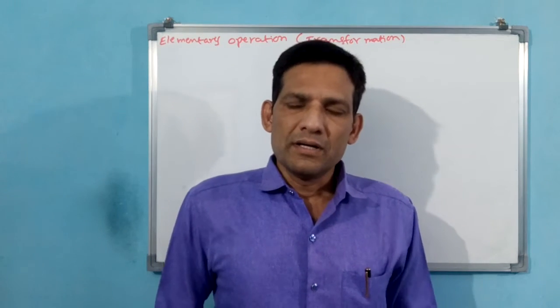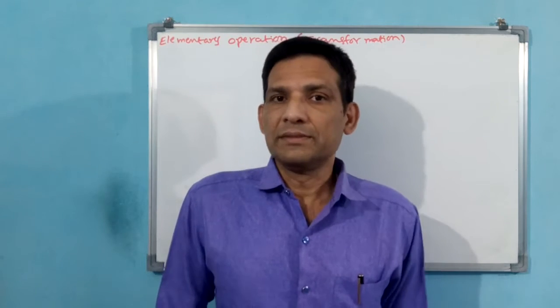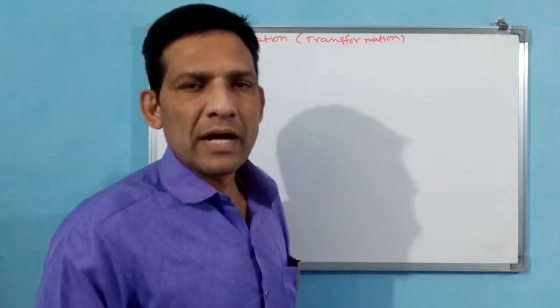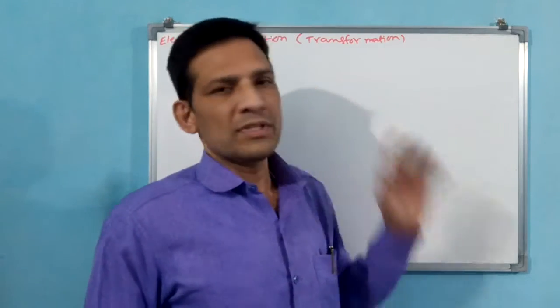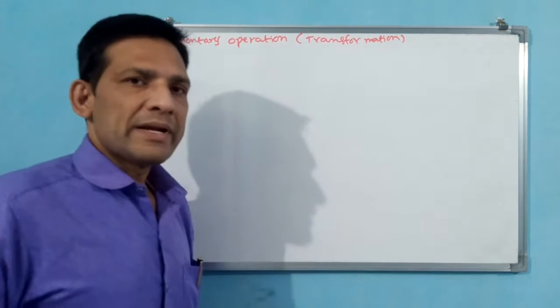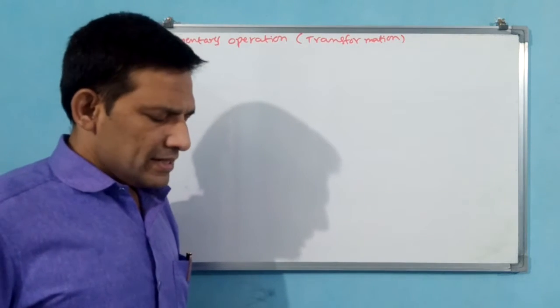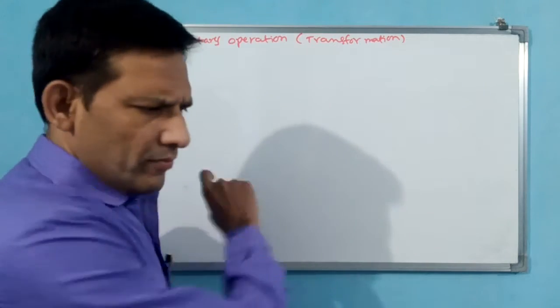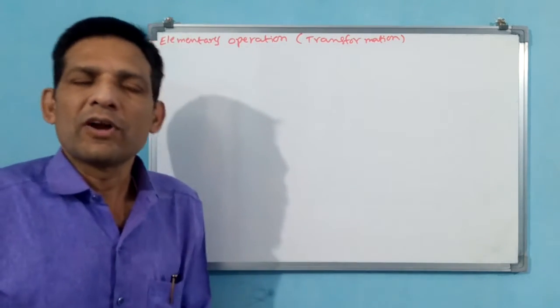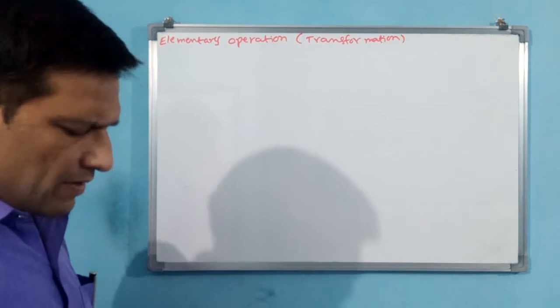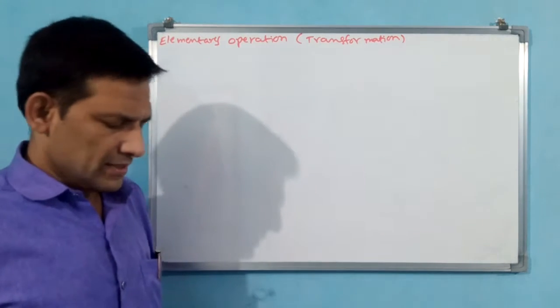That is a complex theory, the inverse of a matrix. Before understanding that inverse, we have to see transformations, or else we will say elementary operation. What they ask, they tell us to do: find the inverse of the following matrix by elementary operation. What is elementary operation, let us see.